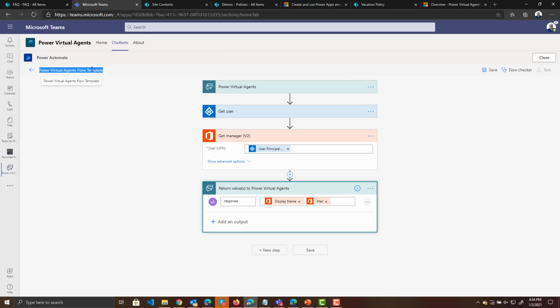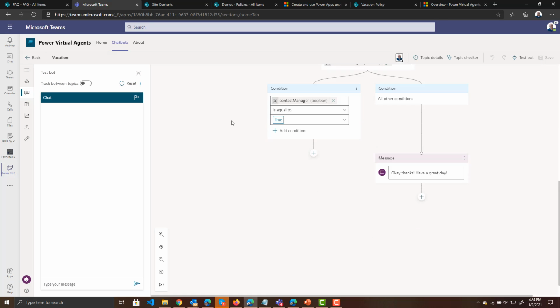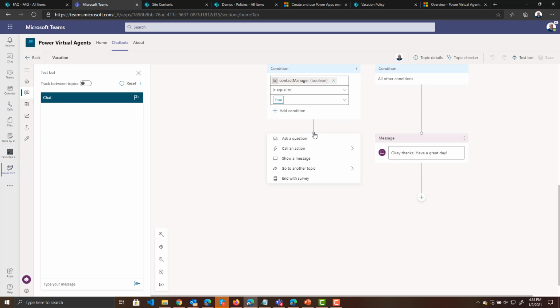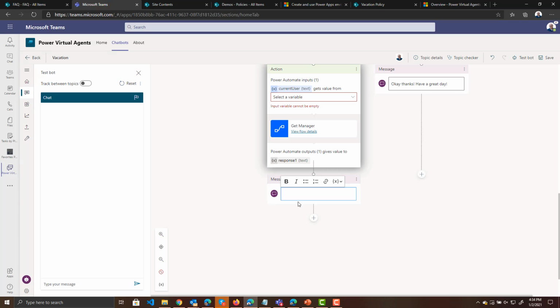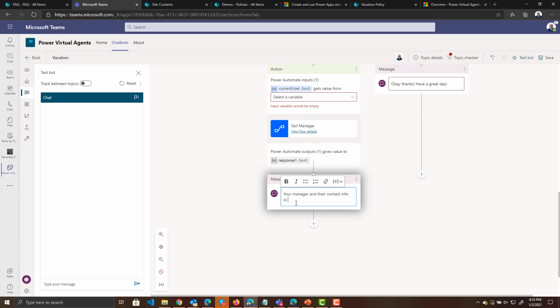So let's name our flow Get Manager. Save it. And now we'll close. And now, if they want to contact the manager, we are going to call an action that we just created called Get Manager. And then we want to show a message to the user. Let's say your manager and their contact info is, and that is going to be the response 1 that came